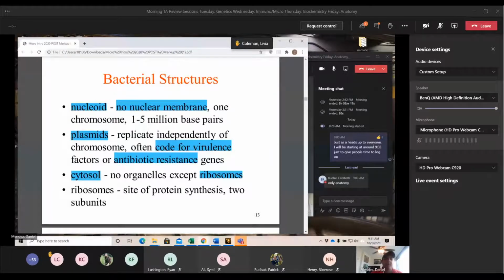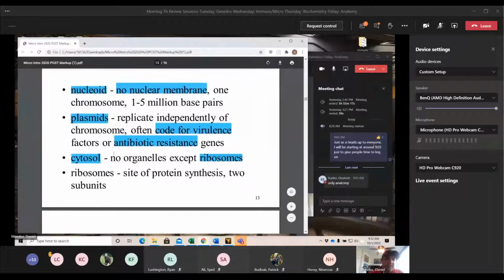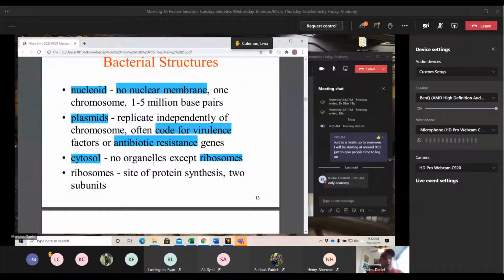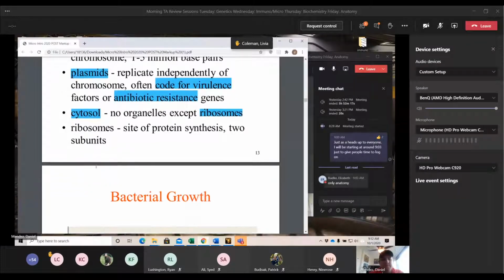And that genetic material can either code for virulence factors or antibiotic resistance genes. And we'll get into how that functions and how we can actually start transcribing these genes if they are not part of the chromosome. Then they have the cytosol. This is just the intracellular matrix here, and there are no organelles except for the ribosomes. And you already know what ribosomes do.